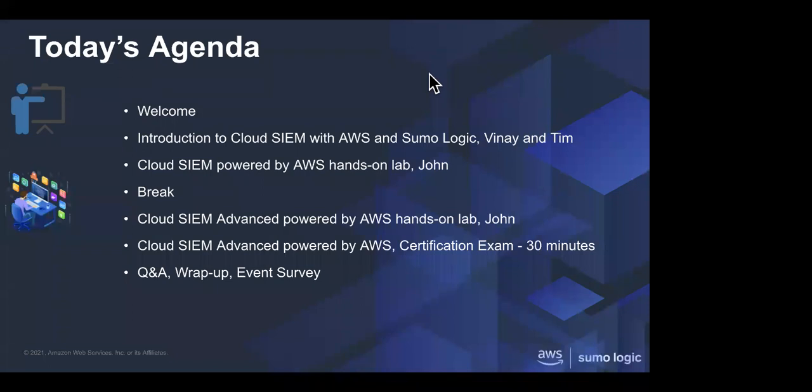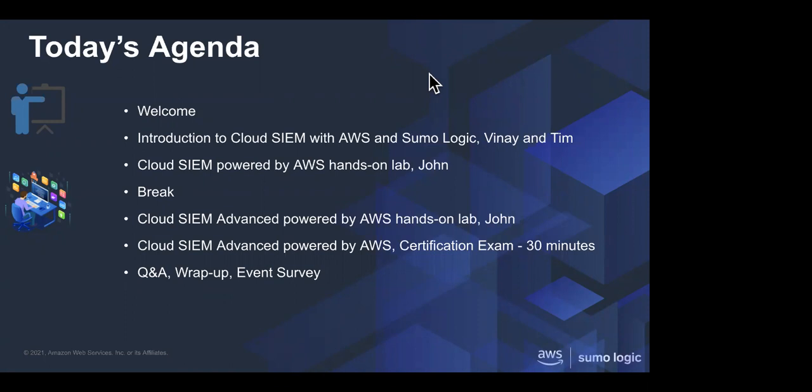And they'll talk about that. Then we'll get into some Cloud SIEM tools powered by AWS and do a couple of hands-on labs. Then we'll take about a 10-minute break, and come back to talk about Cloud SIEM Advanced, powered by AWS as well. And we'll do a couple of labs there.